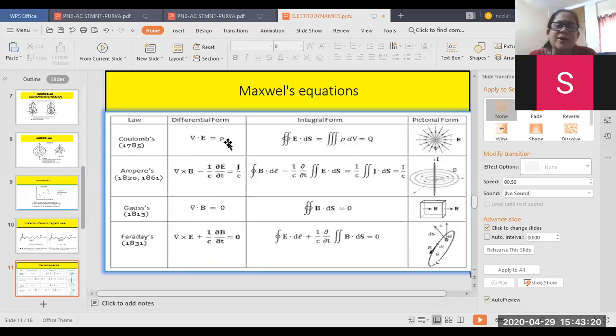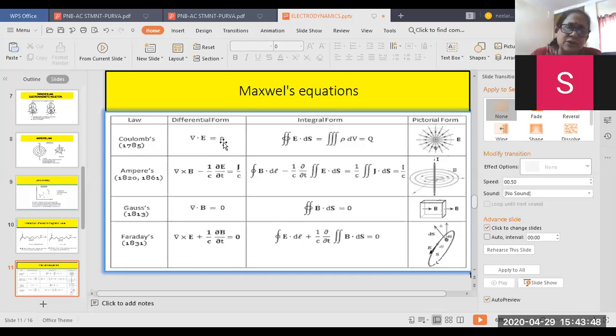So now you add all of them. Then it will give you del dot E, that is rho x plus rho y plus rho z, which is equal to rho. That is the total charge density at that particular point. Okay. So you can see here I am taking a dot product. A dot product always ends up as a scalar. That is why here the charge density is a scalar.